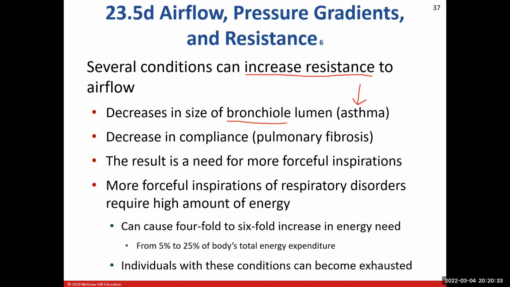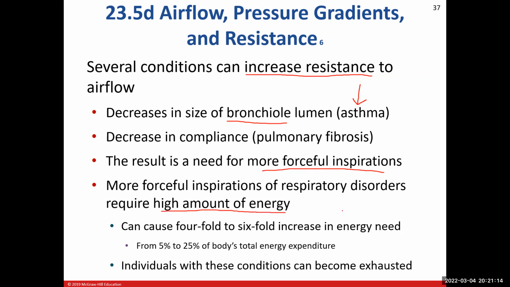Also, pulmonary fibrosis there. Like I said, that's going to affect the compliance, the elasticity that allows the chest wall to expand and the lungs to expand. We have now replaced the elastic tissue with scar tissue. So they don't have that elasticity there, so it's much more difficult for those to expand. And as a result of this, people like us have to breathe much harder. And therefore, if we're putting more effort into our breathing, we are going to be burning through a lot of